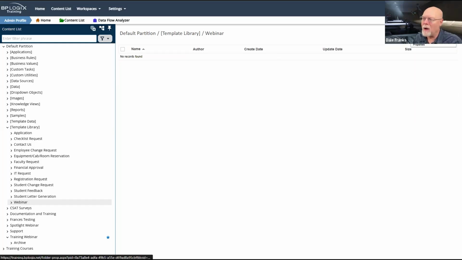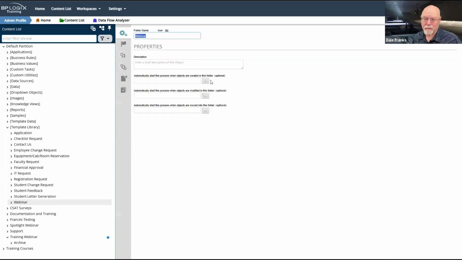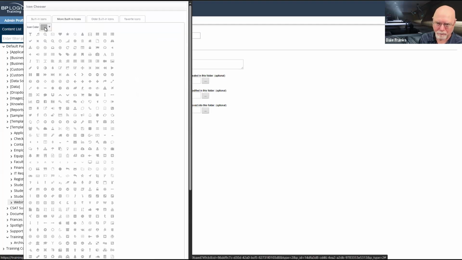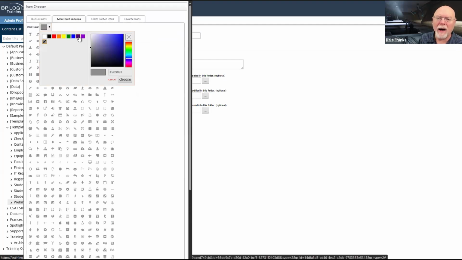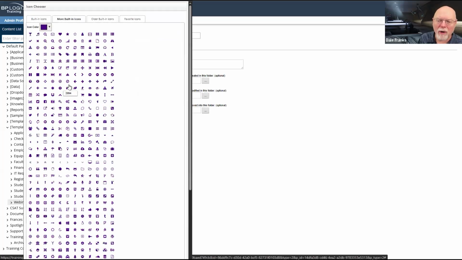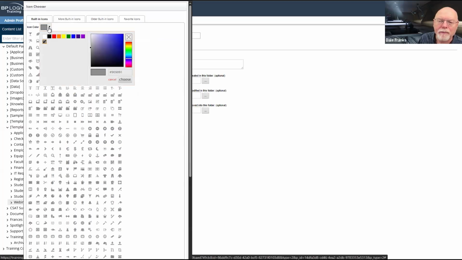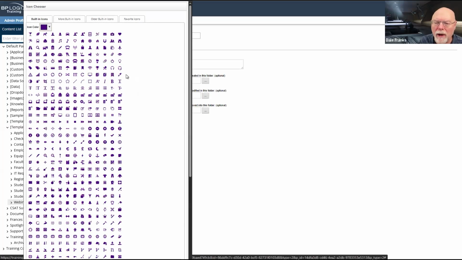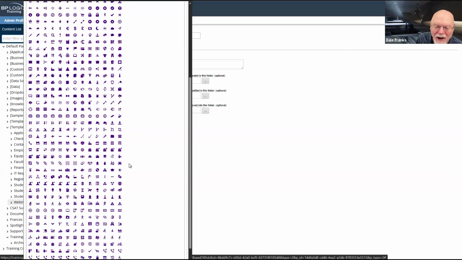As a best practice, I would give this application some sort of unique icon. So we'll just replace the standard gray folder icon with, I like these dark purple colors. And I know under built-in icons, which we're going to change to purple again, I know there is up here somewhere a little camera icon, and that's what I want to use since it's a webinar. It would be nice if there was a search feature on these icons.